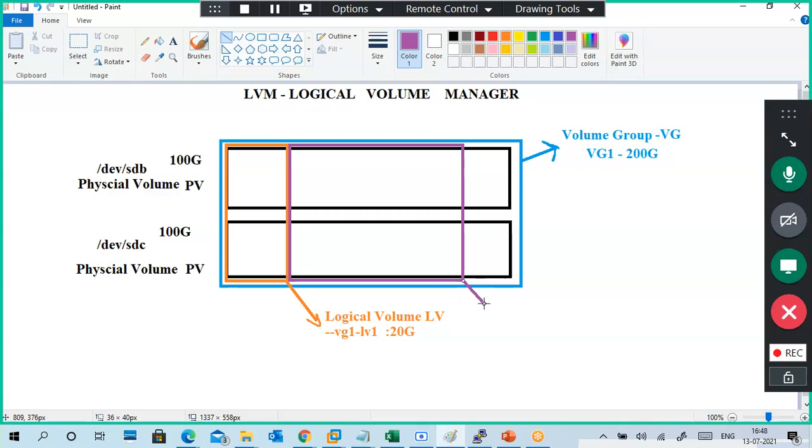So I took another logical volume. Actually, I made a mistake. Not exactly a mistake, but we should not do it like that.